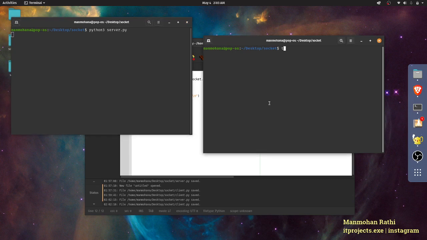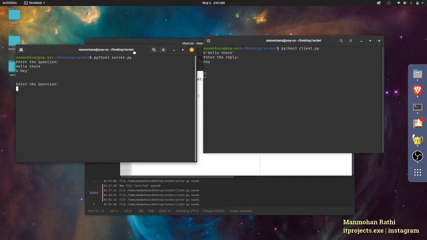Okay, so there we go, the server is running. Let's run the client. Then let's enter a sentence again, anything. Hello there. Let's reply, hey. As you can see, you can communicate, and the messages are successfully going through between the server and the client, and that was the main aim of this practical.